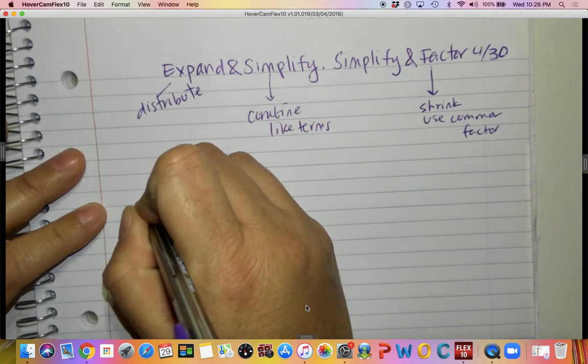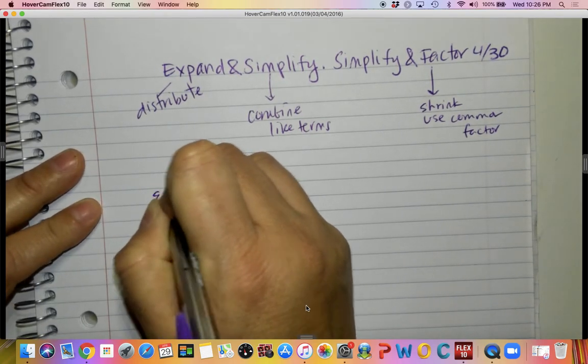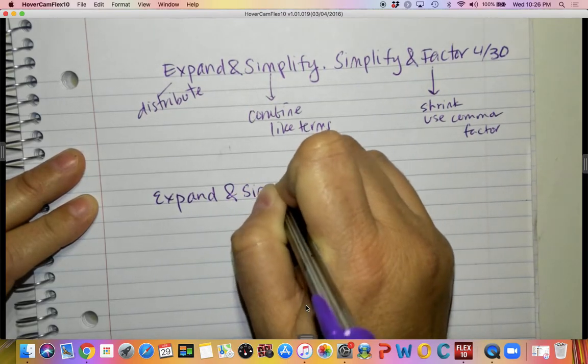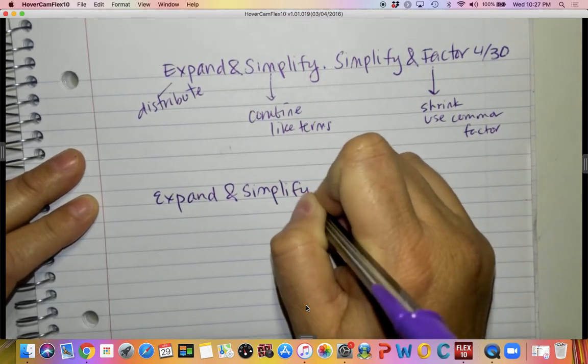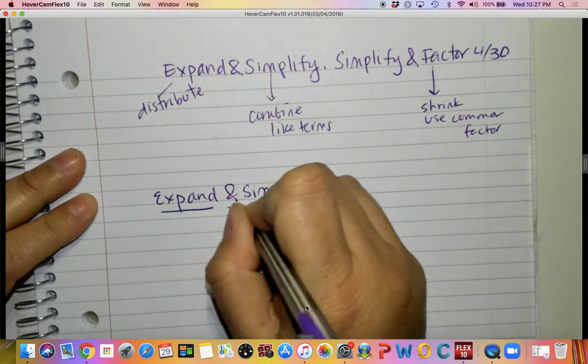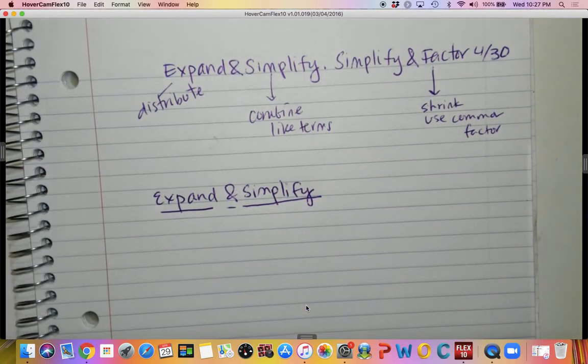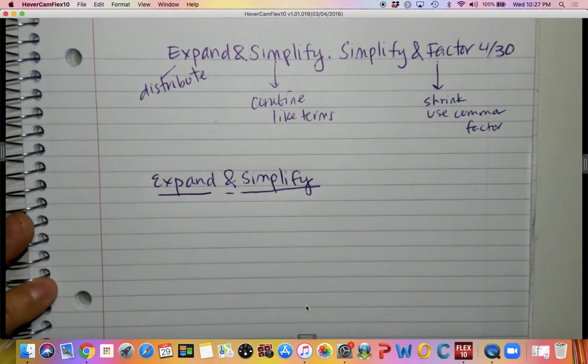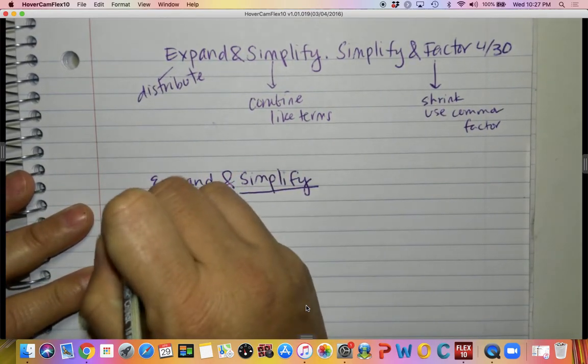So, the first 3 problems we're going to expand and simplify. And this is important to know which is which, because in the Google form, it'll say expand and simplify, or it'll say simplify and factor. So you need to know what you're doing for what problem. Alright, example number 1